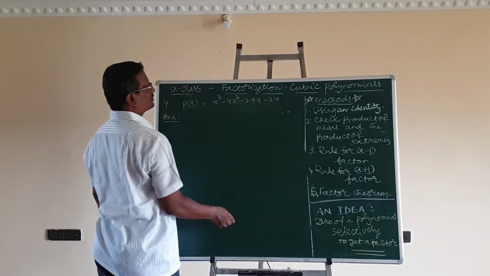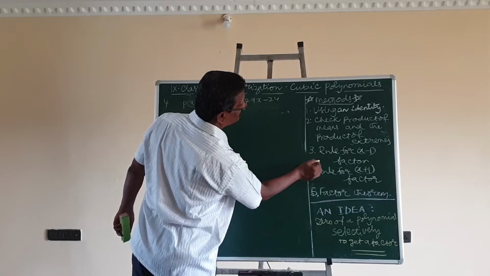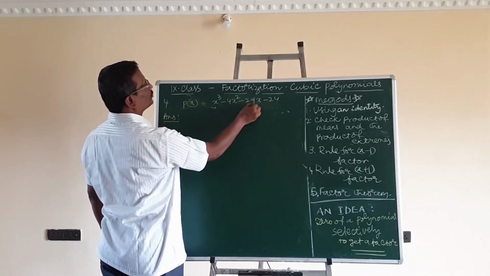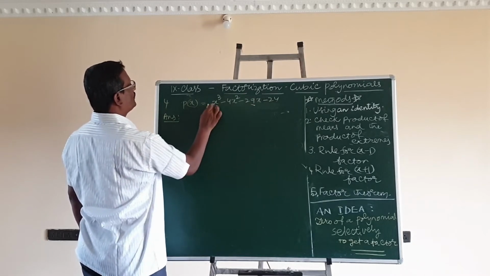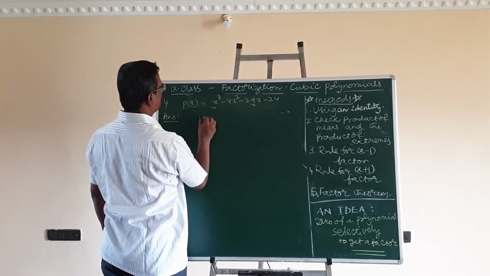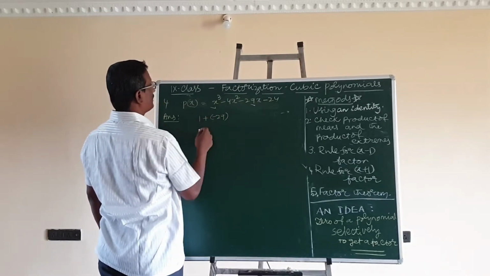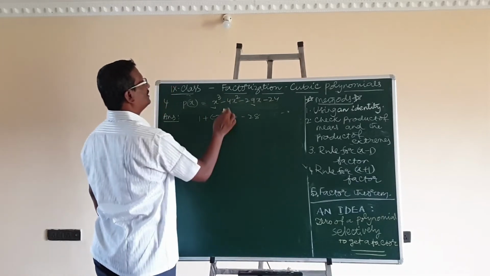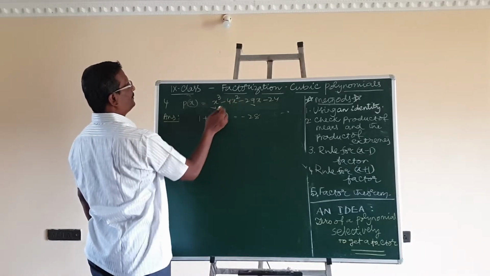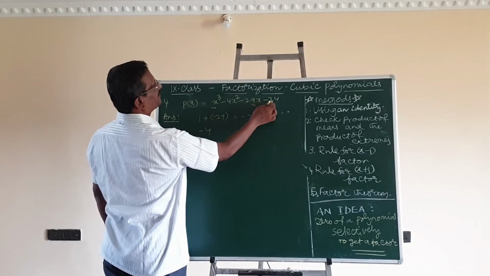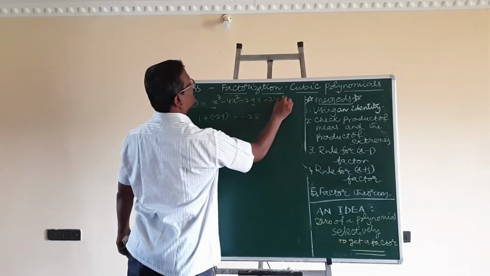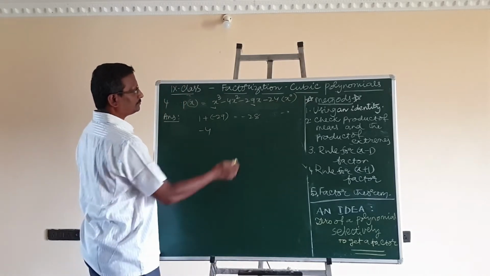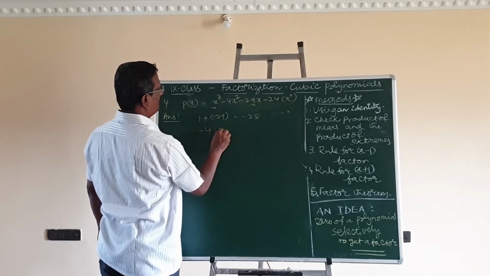Now, there is another rule to study, that is for finding the factor x plus 1. Here x cube has an odd power, and x is also an odd power of x. The coefficient of x cube is 1 and the coefficient of x is minus 29. The sum of the coefficients of odd powers of x is minus 28. And for even powers, x to the power 2 is an even power, and the coefficient is minus 4. The constant minus 24 is x to the power 0, which is considered an even power.